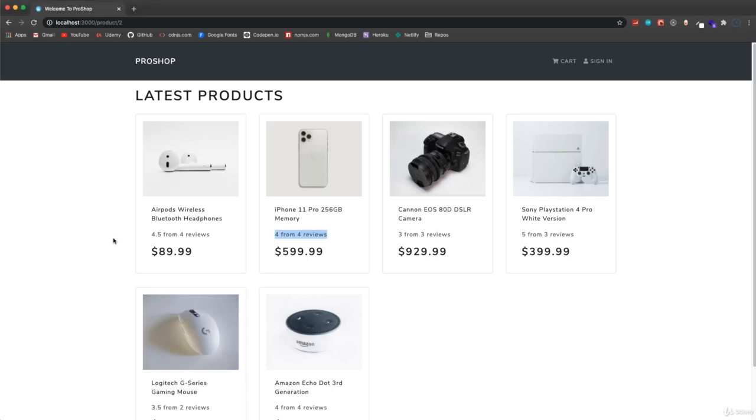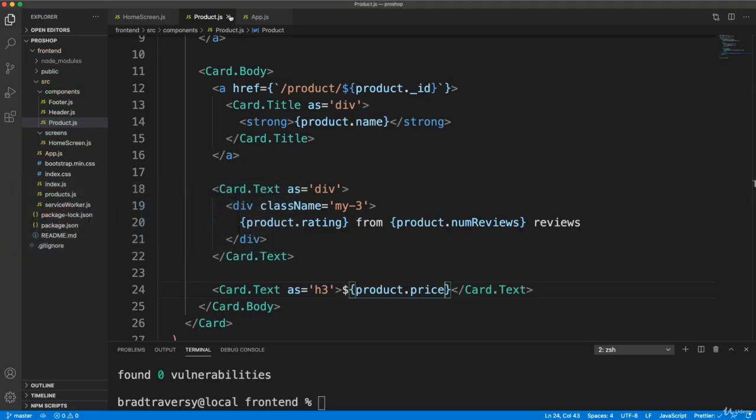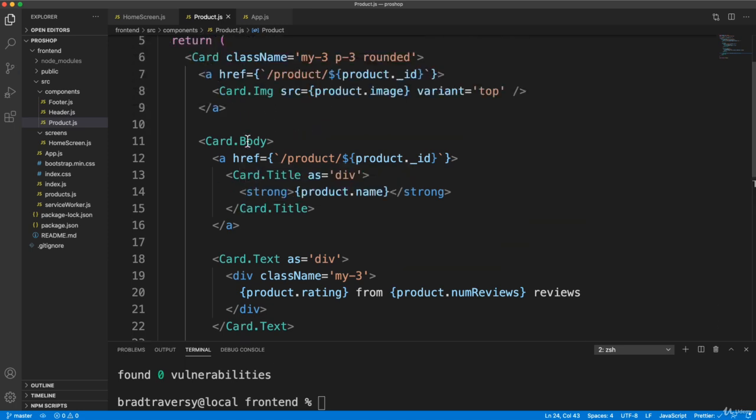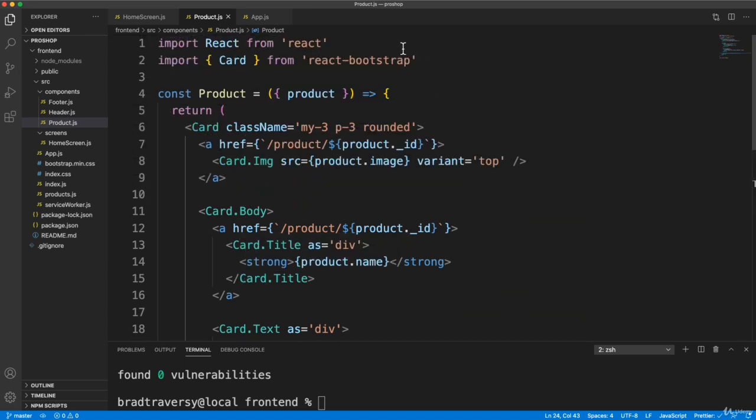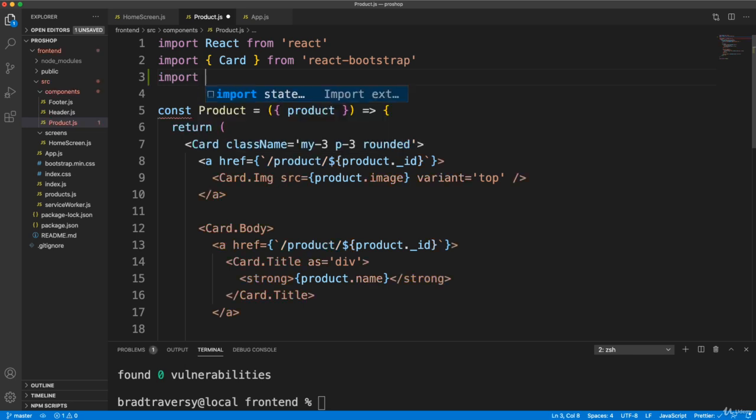Okay, so in this video I want to create the rating component so we can show some stars here, and we're going to use Font Awesome icons. So let's go back to VS Code, and we're going to put this in the product component. So I'm going to import it, even though we haven't created it yet. I'm still going to just import it. So it's going to be, let's say, import Rating from